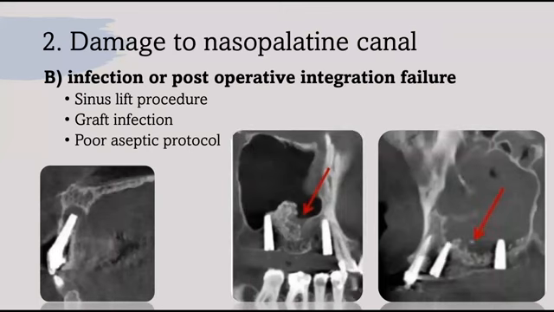Excessive osteotomy drilling or the selection of an increased length of implant are all consequences of poor pre-implant planning, which leads to damage of nasopalatine canal contents. Sometimes, because of this, there can be an infection or post-operative integration failure in the maxillary posterior region, which shows maxillary sinus infection following sinus lift procedures with graft displacement and simultaneous implant placement, which may be one of the problems leading to post-operative complications. Such infection cannot be assessed only on normal panoramic radiographs. Hence, three-dimensional investigations play a very important role.